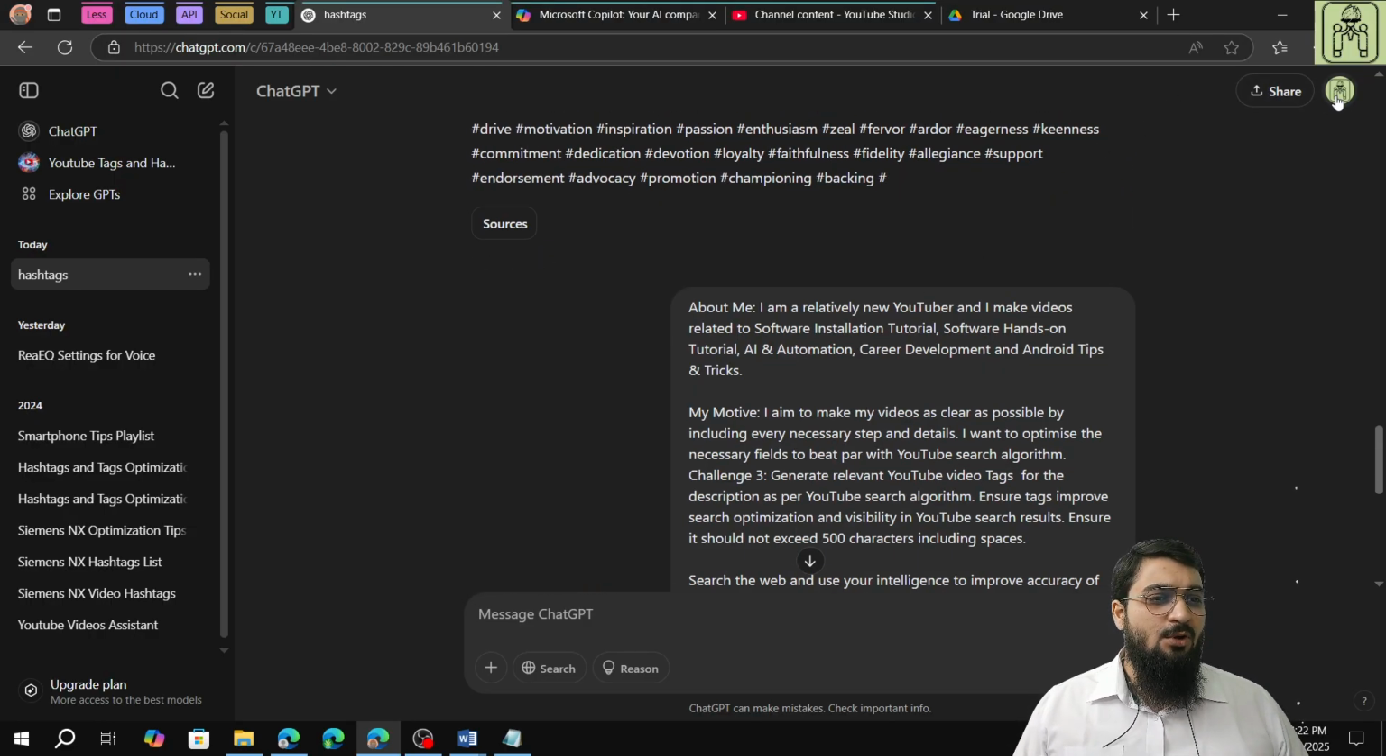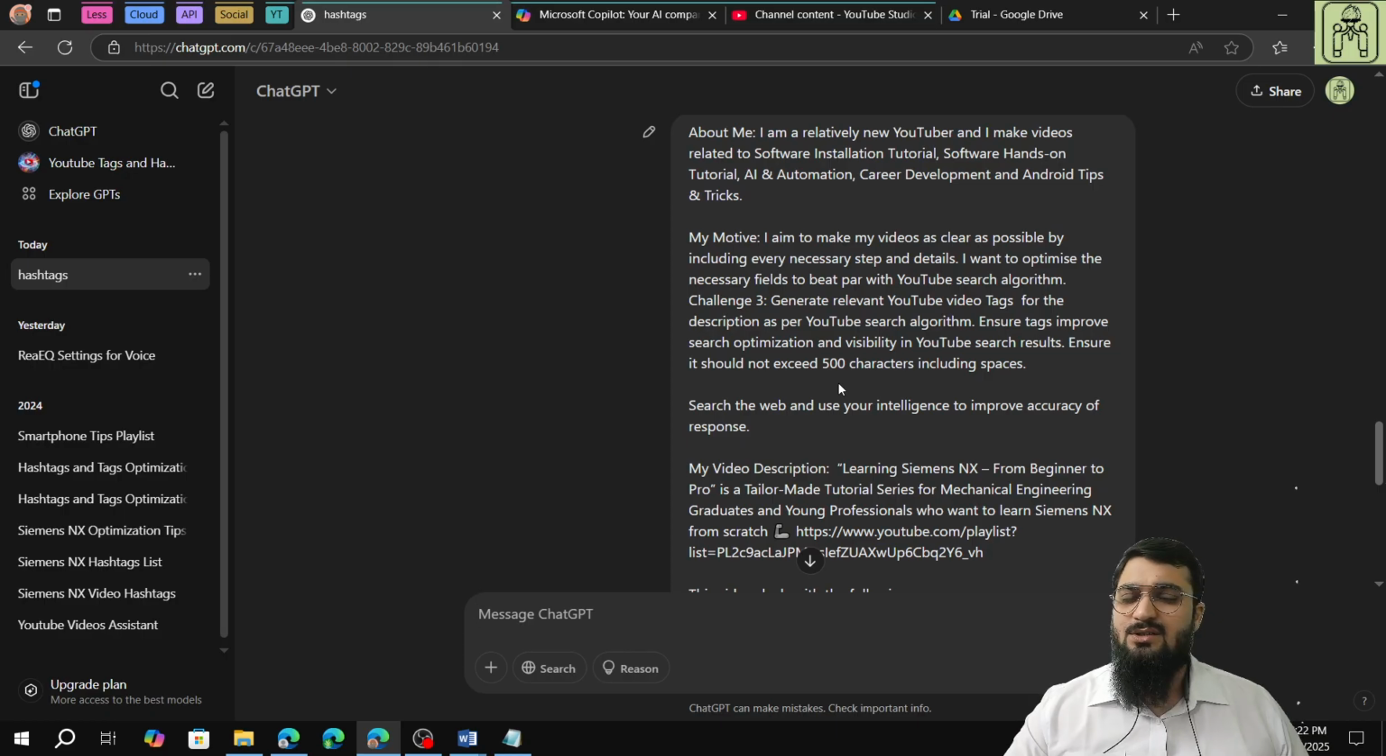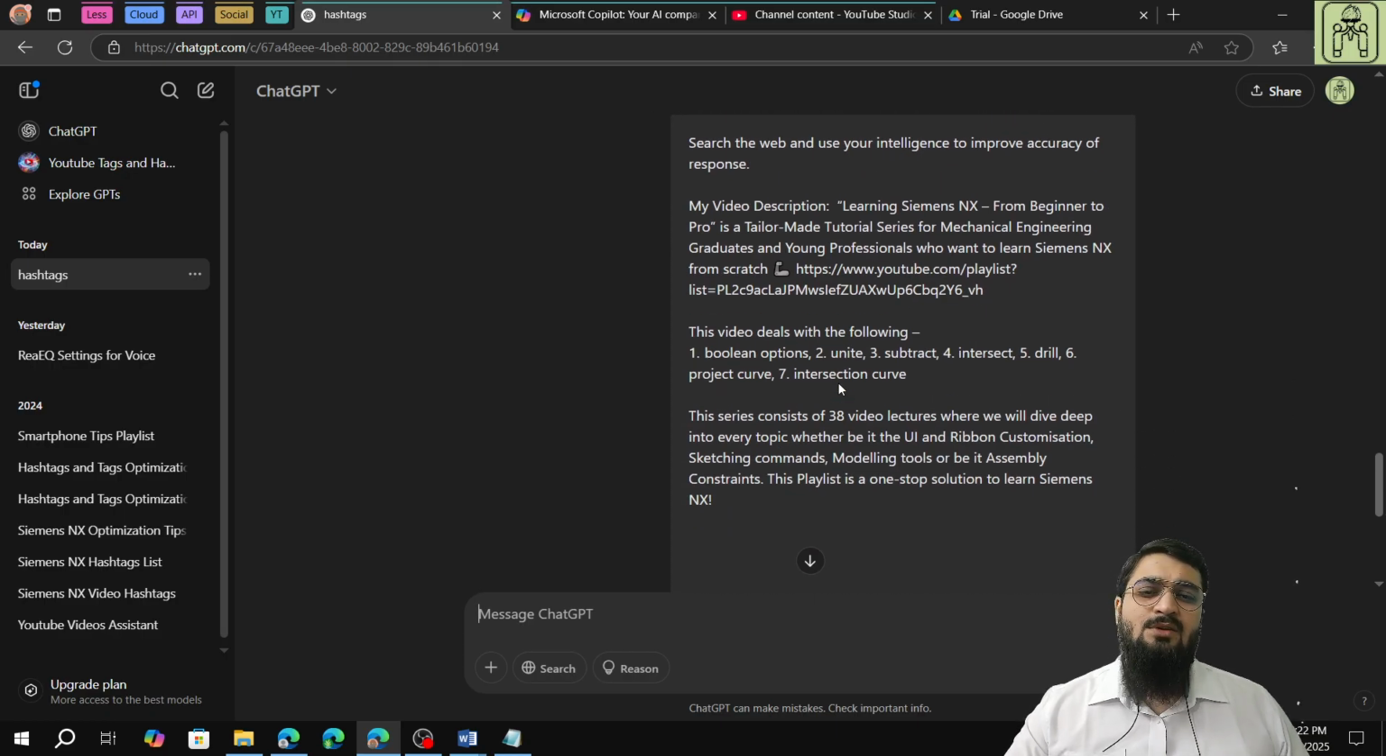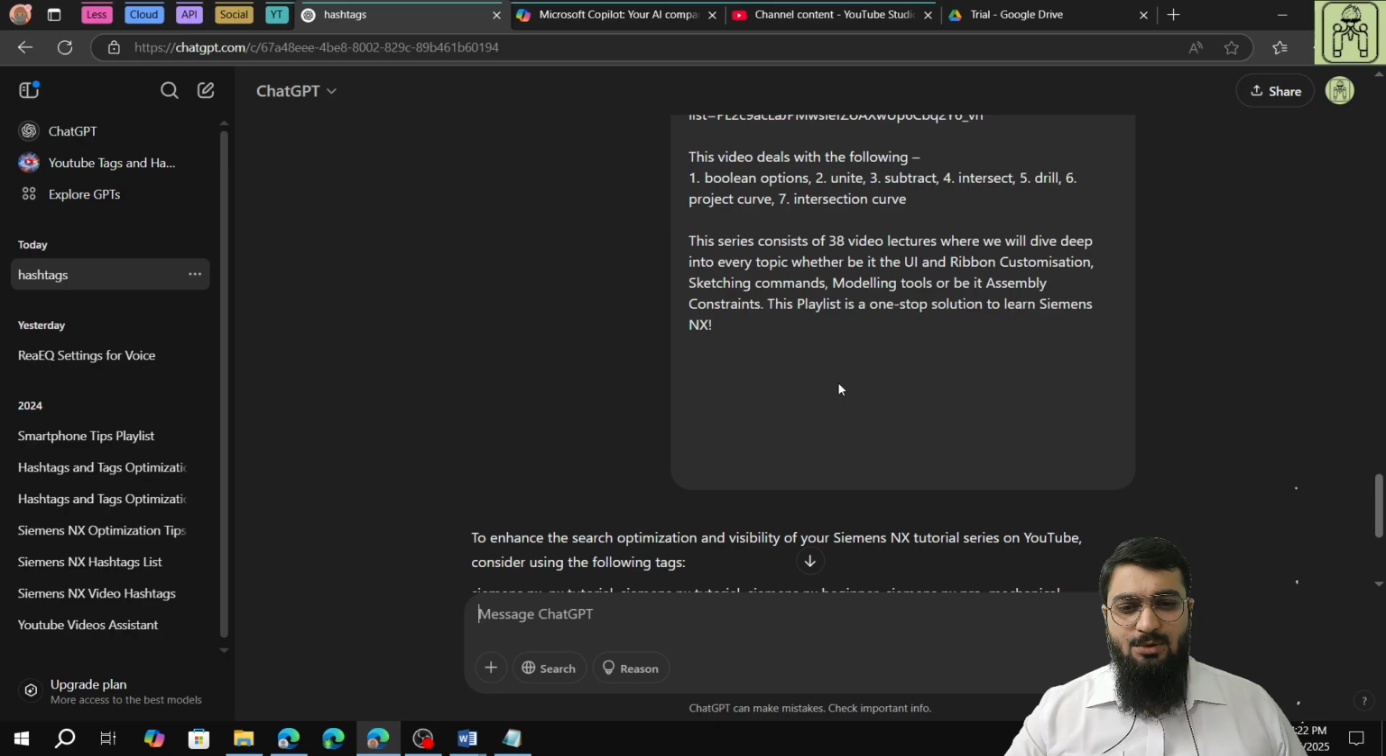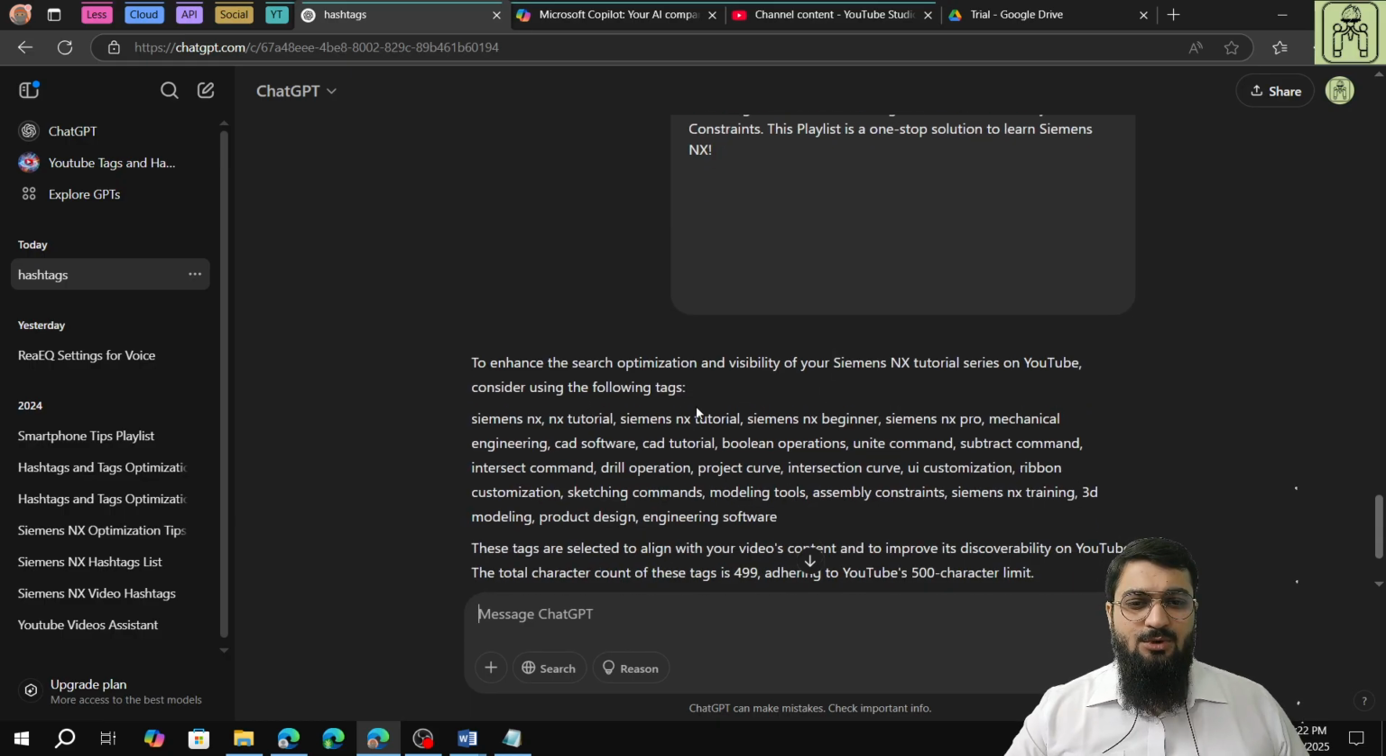So I have logged in with my Google Gmail account, which will allow me some free usage of ChatGPT 4.0. And ChatGPT 4.0 is much more intelligent. It can access the web, it can access multiple sources, and will give you an answer that is much more reliable. So, to enhance search optimization, it has given us certain things